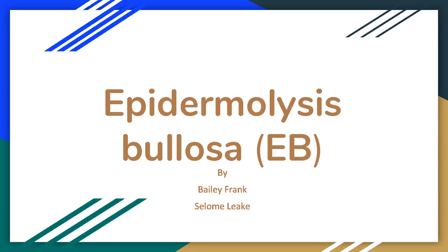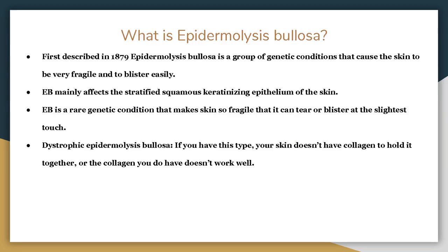What is epidermolysis bullosa? First described in 1879, epidermolysis bullosa is a group of genetic conditions that cause the skin to be very fragile and to blister easily. EB mainly affects the stratified squamous keratinizing epithelium of the skin. EB is a rare genetic condition that makes skin so fragile that it could tear or blister at the slightest